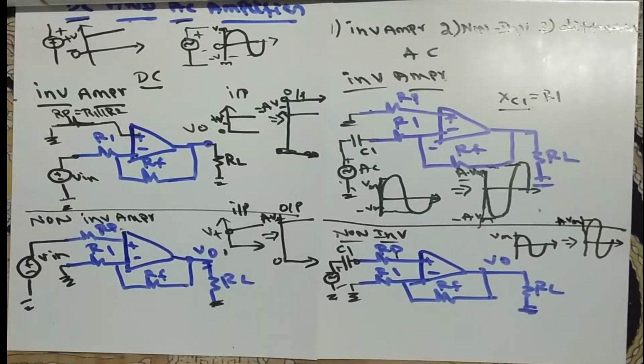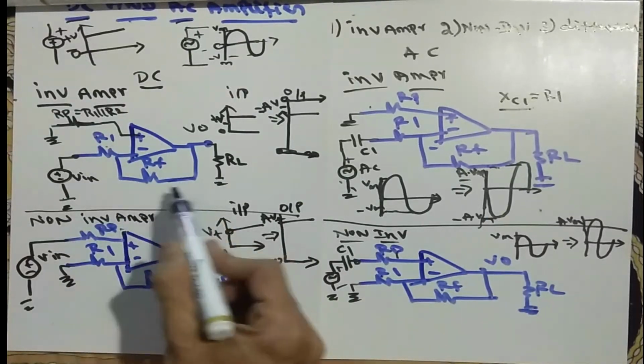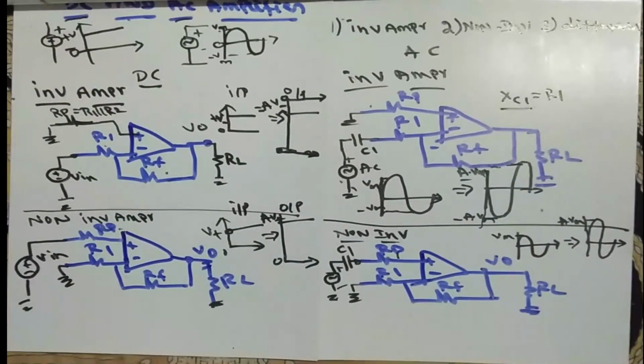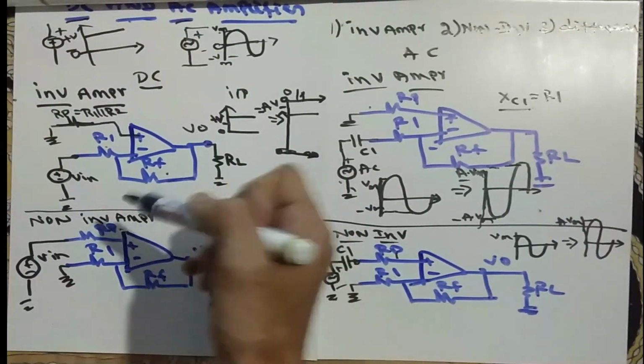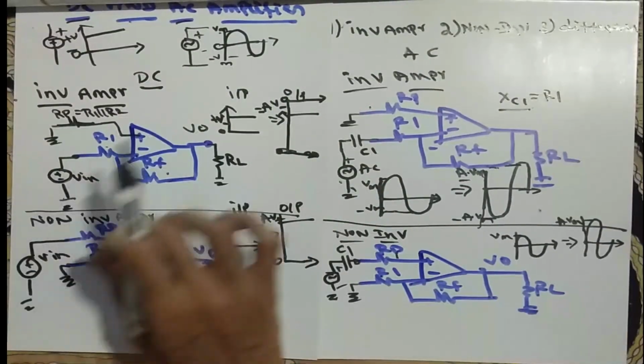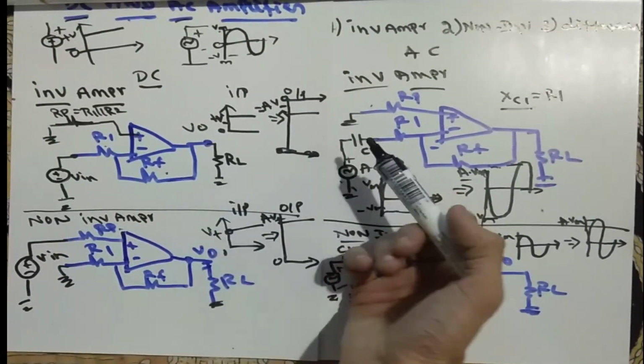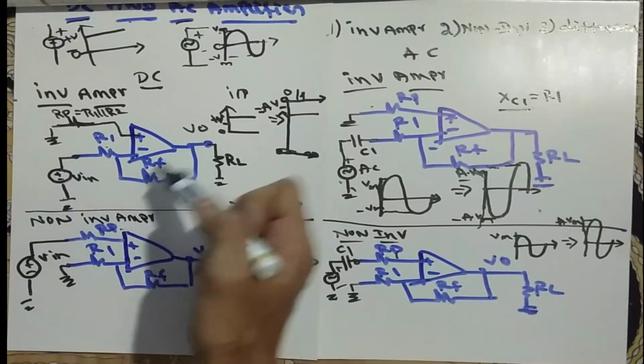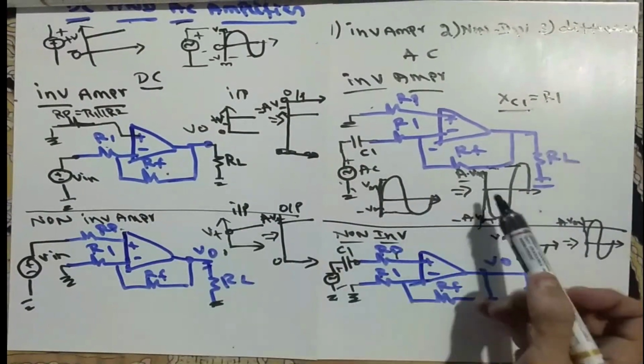So these are the DC and AC amplifier circuits. In your syllabus there is no derivation or all those things. If you want the derivation, we already discussed in the inverting and non-inverting amplifiers how to find R1 and how to find RF. That also you can do, but usually it is not required for the DC and AC amplifier. Simply explain the circuit, how it is working, and what the circuit structure is. The working is very easy everywhere.